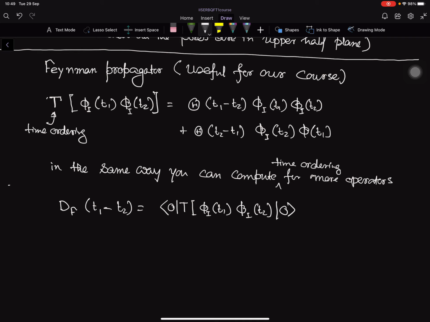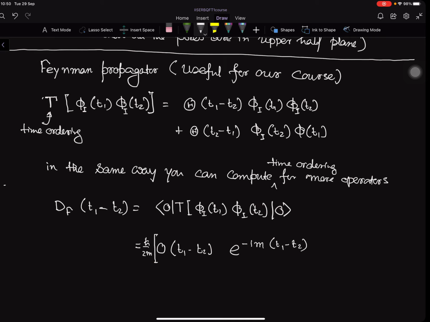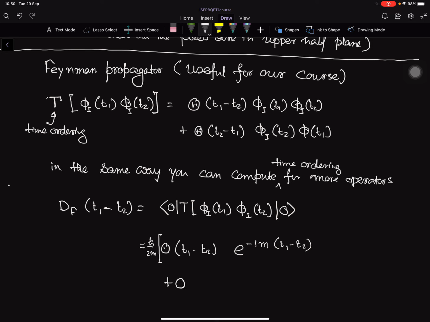Okay. So this is neither retarded nor advanced, this is just time ordered. If you just take the expectation value of 2 fields in the time ordered fashion, then the thing you get is this time ordering of operators. And in this case you can easily convince yourself that this becomes, from this expression, ħ over 2m, theta of t1 minus t2, exponential minus i m t1 plus